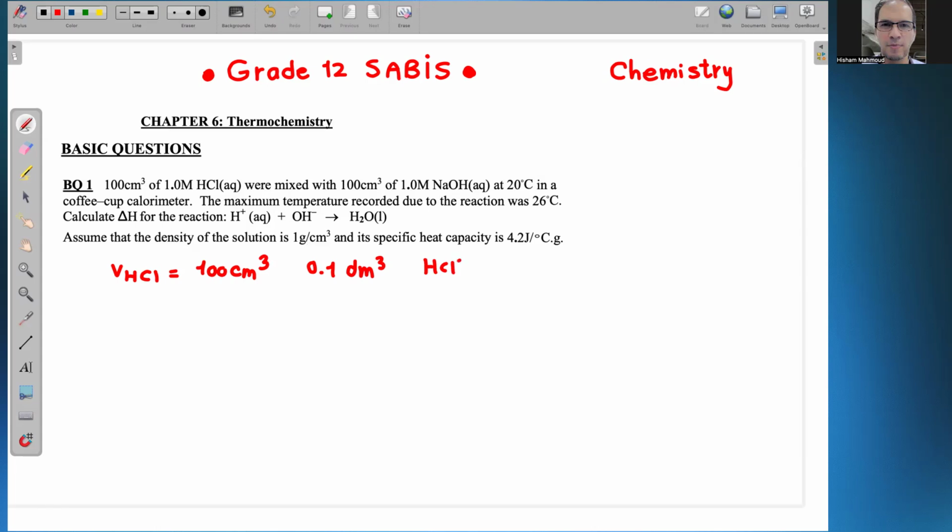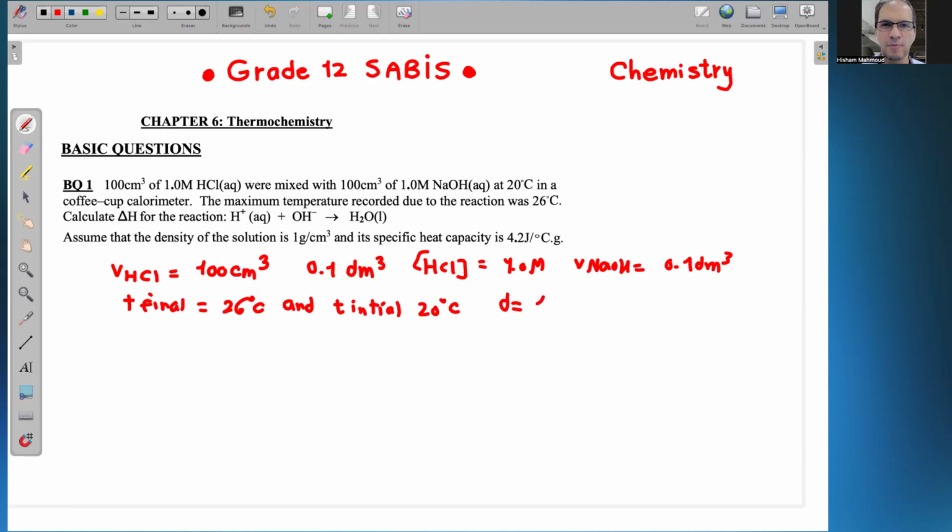And the concentration of HCl is equal to 1 molar. The volume of NaOH is also 0.1 decimeter cube. The T final is 26 degrees Celsius, and T initial was 20 degrees Celsius. The density is assumed to be 1 gram per centimeter cube, and the specific heat capacity is 4.2 joules for every degree Celsius. So if you want to answer this one, we need to find the delta H by dividing